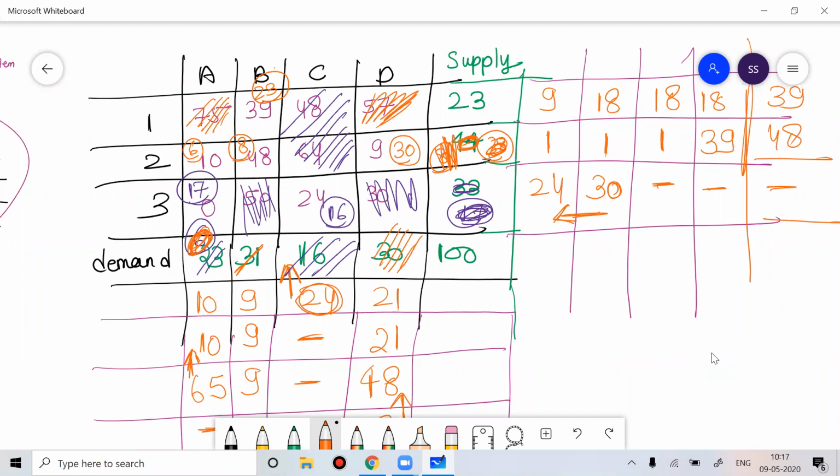So one by one, either by the matrix minima method or least cost method, or by using Vogel approximation method, we do the allocation. So this allocation part is done. Once we are done with the allocation, we'll see whether this allocation is optimal or not. Anyone have any doubt? Please let me know. Please write in the chat box if anyone has a doubt.